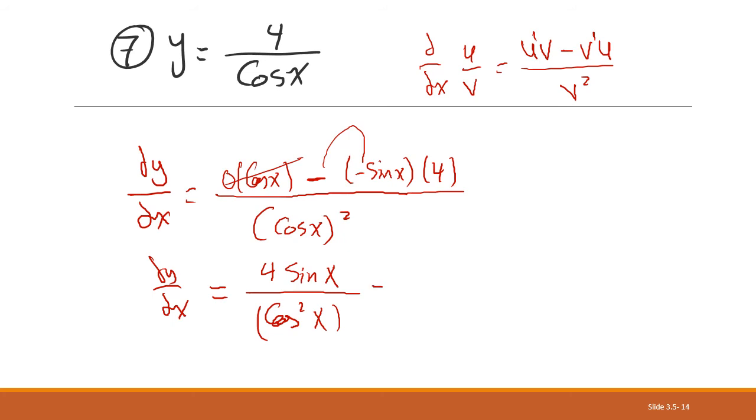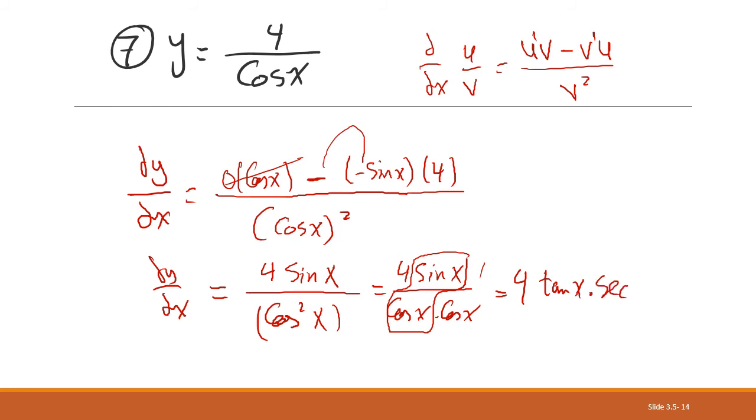By the way, you can write it as 4 sine x over cosine x multiplied by cosine x, and sine over cosine is tan, so it's 4 tan x, and 1 over cosine is sec x, so you may find 4 tan x sec x in the choices. Okay,